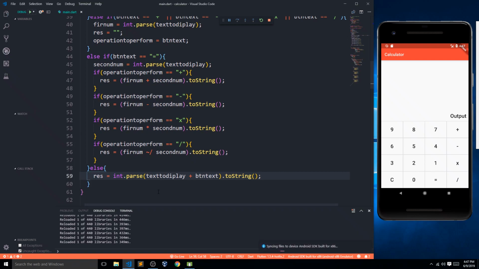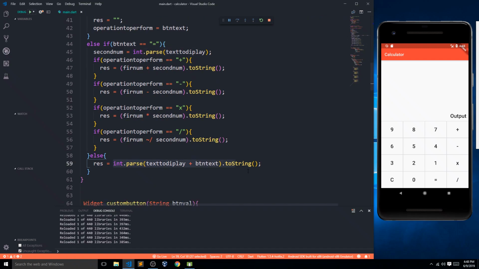Now what this means is that what if somebody has already pressed 1 and then he presses 2? So in that case, get the thing that is already right there, and then add that to that value, which is a string, and then parse it as an integer,